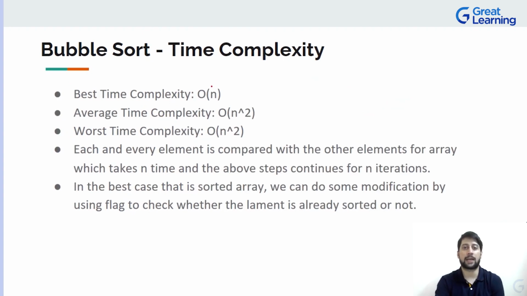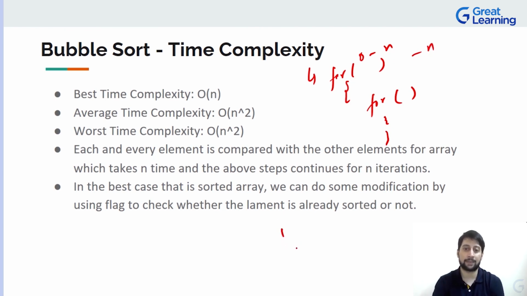Now let's talk about the time complexity of bubble sort. If you can observe that we are using two nested loops, right? For, and inside that again we are using a for loop. So it's quite obvious that it will be order of n square, right? Because one of the for loops is traversing from 0 to n, right? That means all the n elements are covered,